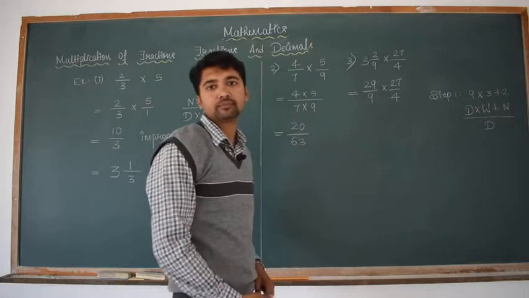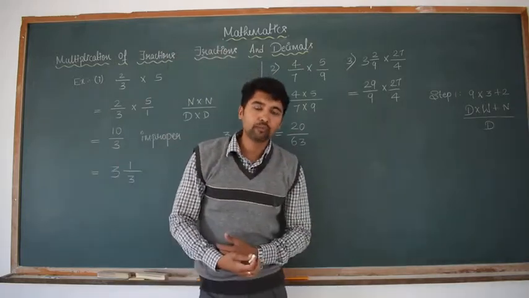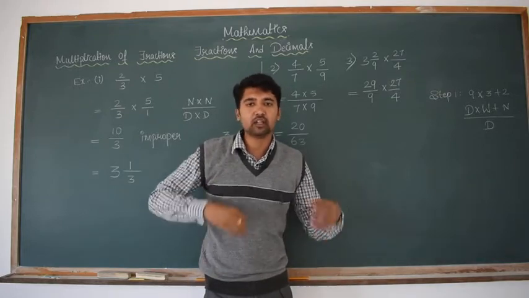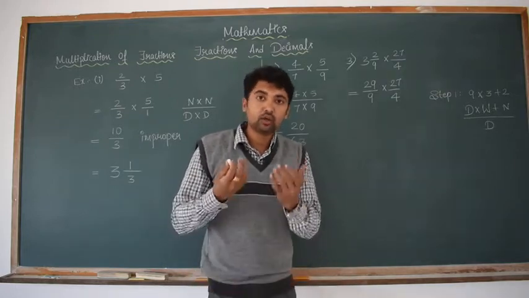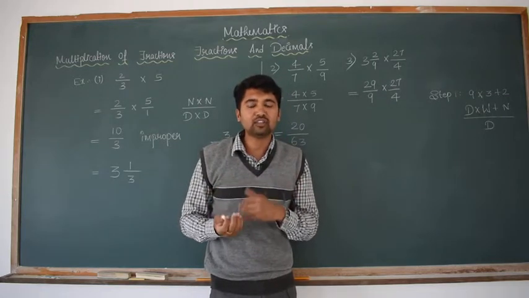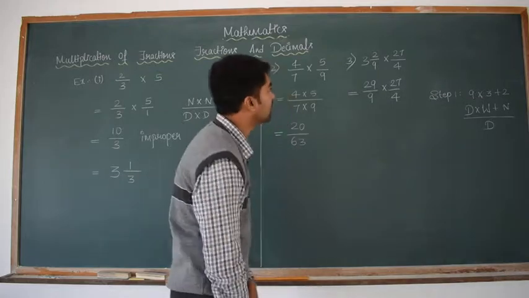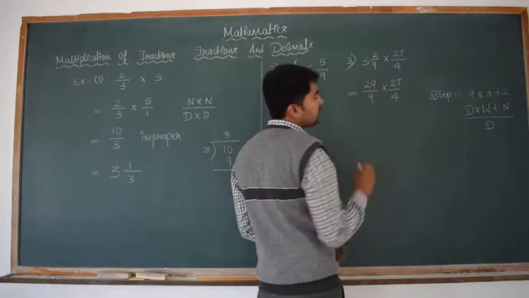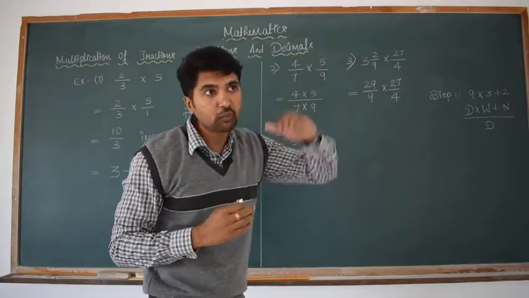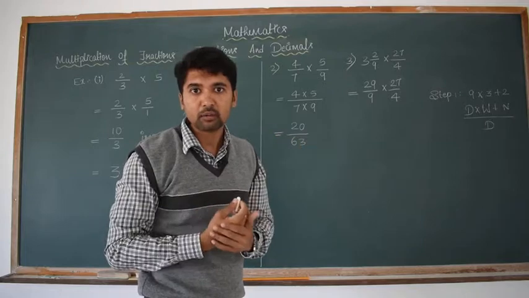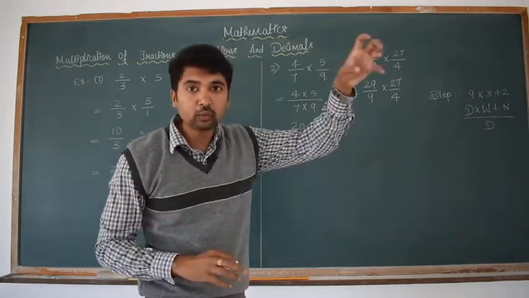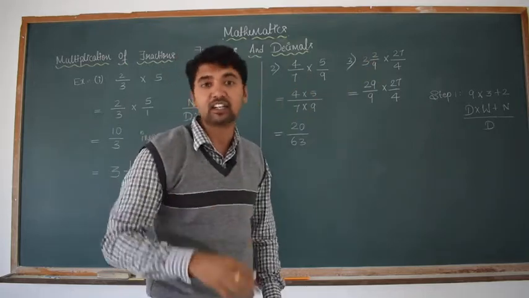This you need to multiply. But I have told you, multiply numerator and numerator, multiply denominator and denominator, keep the answer. But in order to simplify our solution, in order to reduce the number of steps, what you have to do is, here 9 and 27, both one in numerator, one in denominator. Whenever you find a situation like this, don't do it with numerator and numerator, denominator and denominator. If there is a common factor between one numerator and one denominator number,